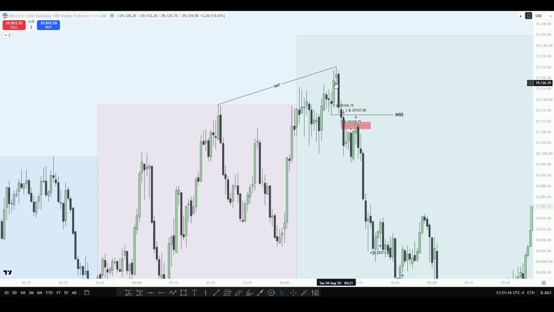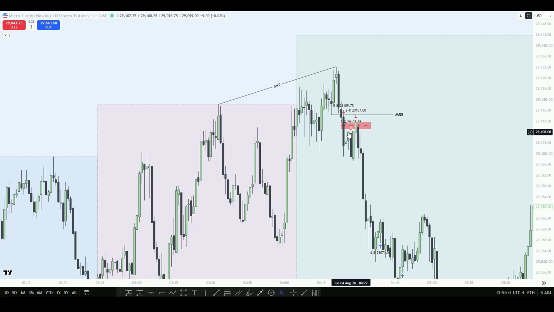Anyway, as soon as we shift market structure, you want to take the first CB that we trade back to, okay? You see me here enter as soon as market structure shift is confirmed, just in case this stays open. That's why I'm placing my first 5 contracts here. Then